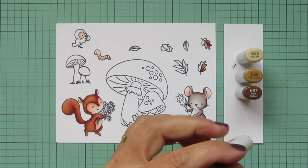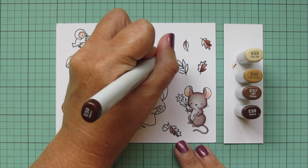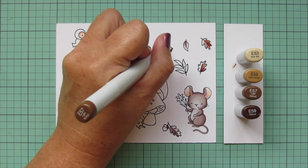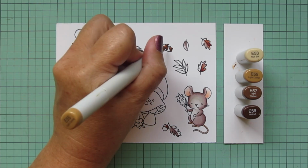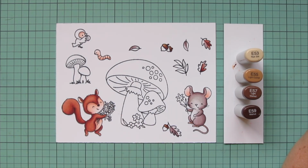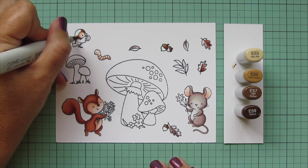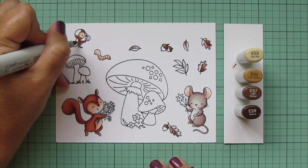There's a lot of browns on this card, but I was kind of going for that toasty autumnal vibe. So I went with E53, E55, E57, and E59, although I'm going to split up those colors. So I'm going to do the acorn shells first, and I'm only using the darkest 3 shades for those. So the E59, E57, E55, and then I'm going to move on to my little bird,